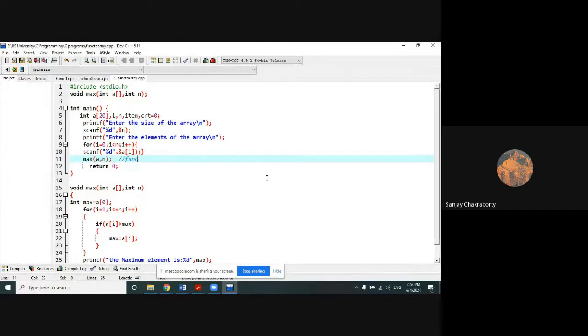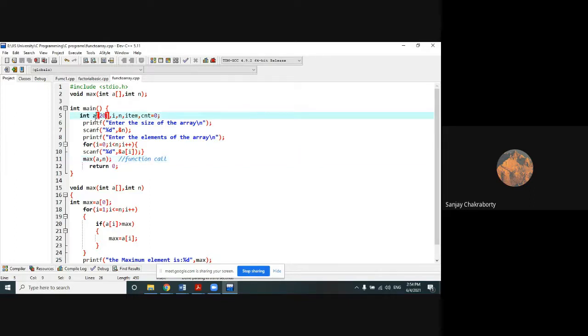This function call is very, very important to understand in this program. How we can pass an array as an argument, or how we can pass an array as call by value through a function. Look very carefully at how I have passed it. I have passed a, only the array name.